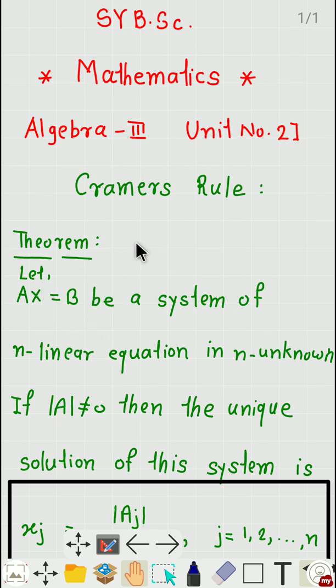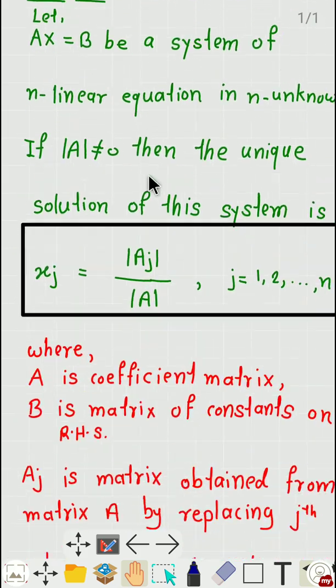This Cramer's rule is used to find the solution of a system of n linear equations in n unknowns, homogeneous or non-homogeneous. Let Ax = b be a system of n linear equations in n unknowns. If the determinant of A is not equal to 0, then the unique solution of the system is given by